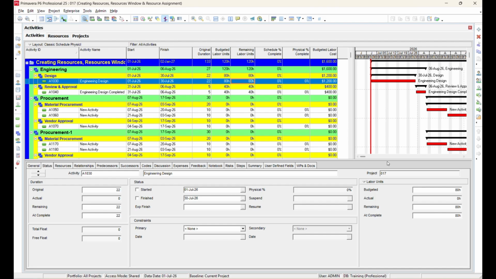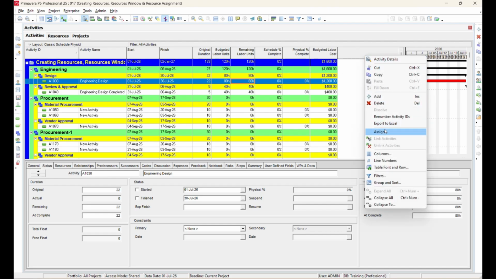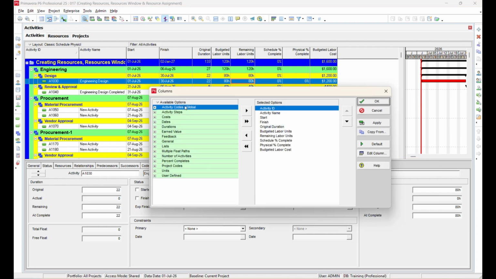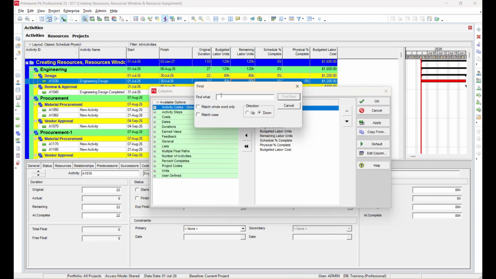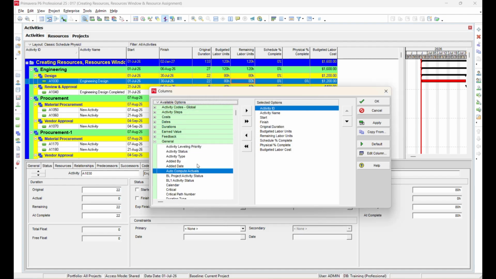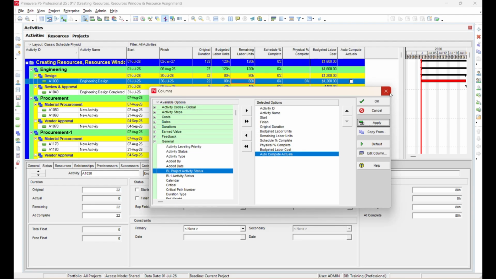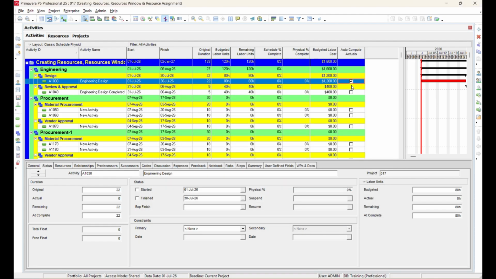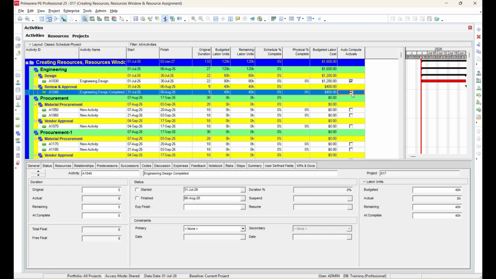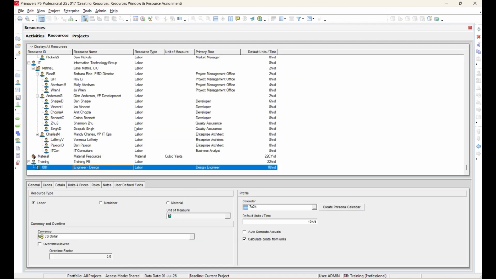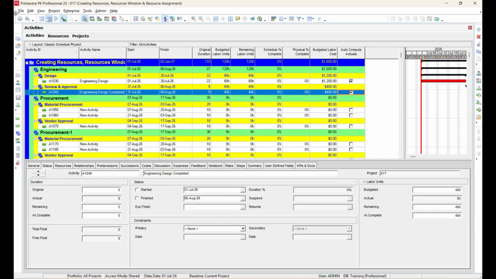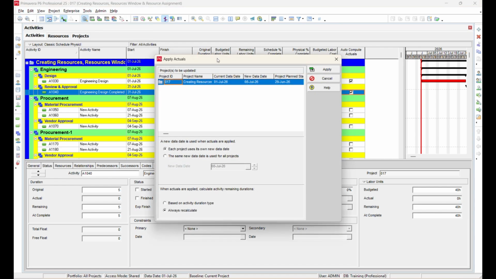Now let's demonstrate Activity Level Auto Compute Actuals. First, add the Auto Compute Actuals column to the Activities window. Then select the Engineer Design and another activity, enable the Auto Compute Actuals checkbox for those activities, and disable it at the resource level. Once again, go to Tools, Apply Actuals, set the date to the 16th of July, and click